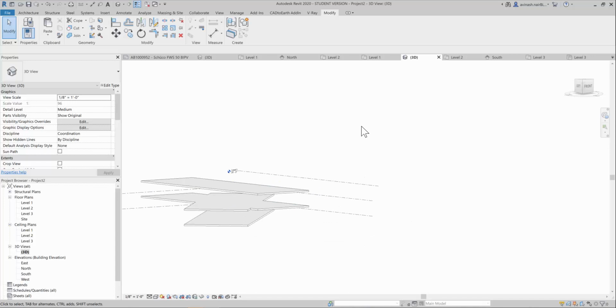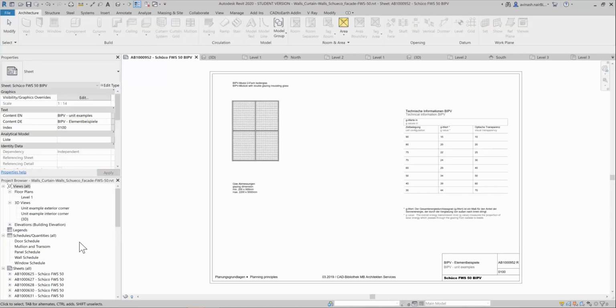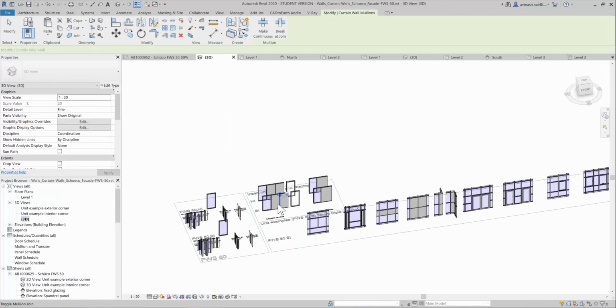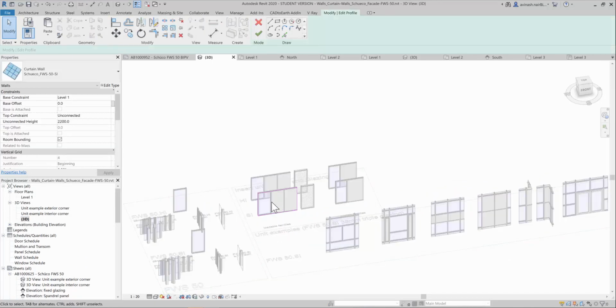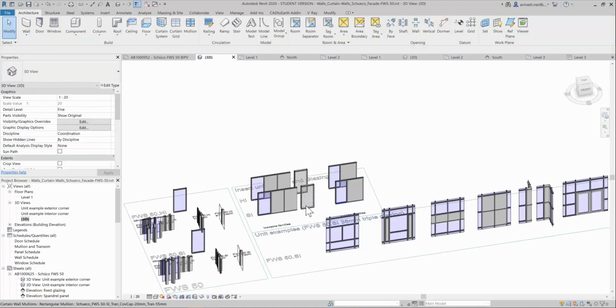So before making the facade, what I would tell you is you need to open this Revit file which we downloaded from BIMObject, and then go to the facades file here in the elevation, like in the sheets, or you can directly go to the family here. So you can see here you have this Schuko FWS50SI family. If you double click it, this is a different family,